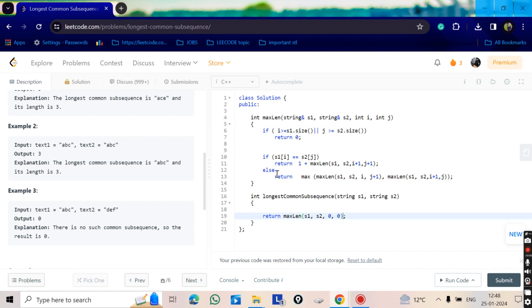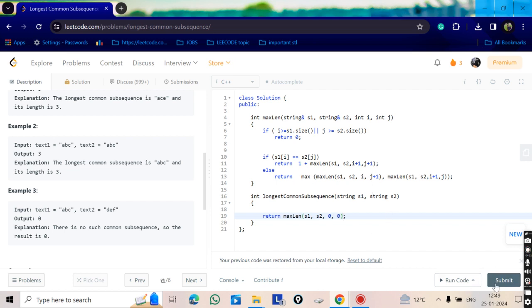Else, if not equal, we take the max of incrementing j, the second string index, and incrementing the first string index, and return the maximum.